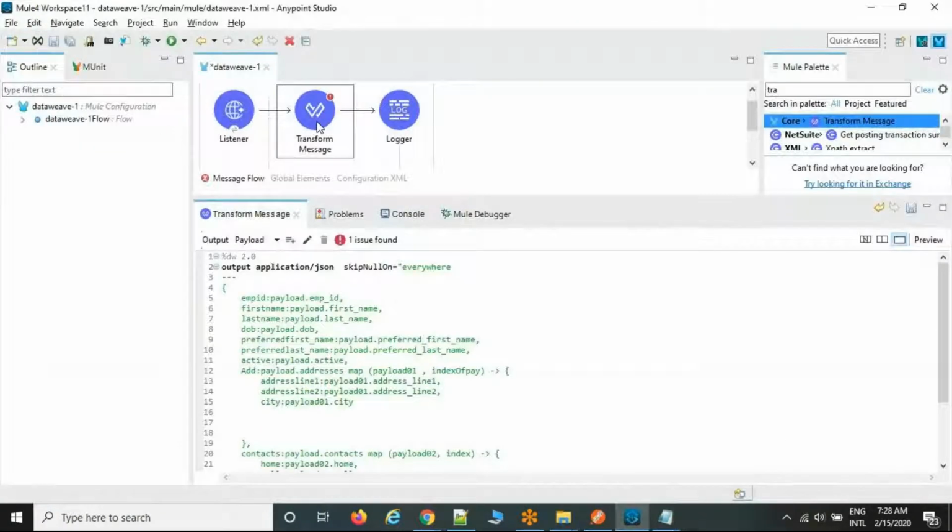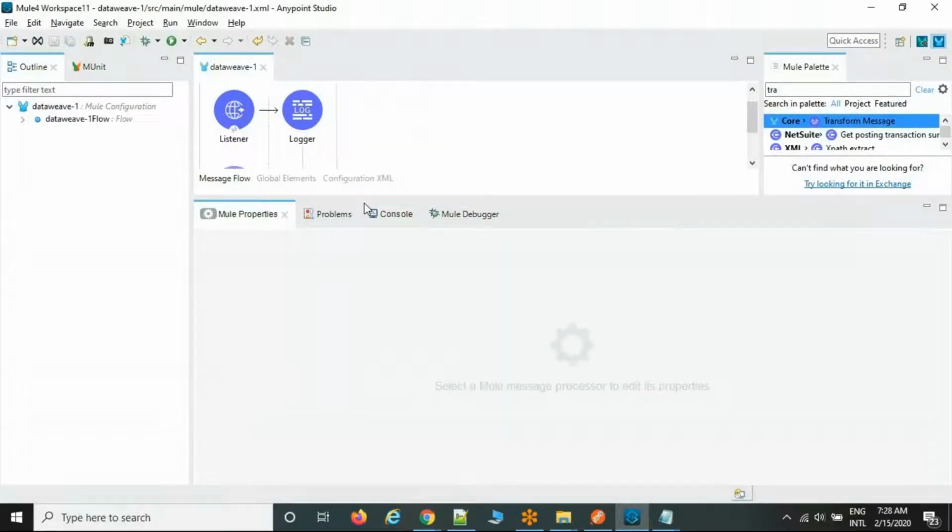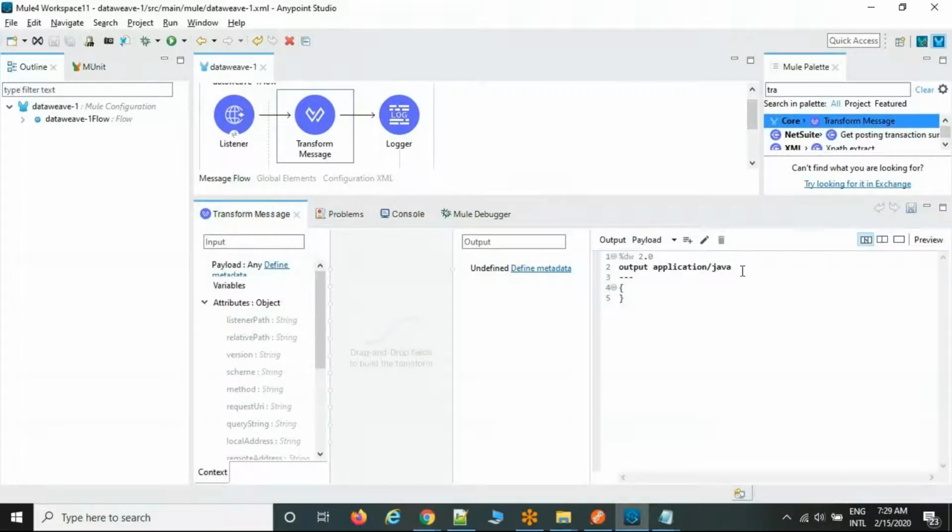Now the same way, I'm going to write the DataWeave code here. First, take one more Transform Message and drag this one. Now what is the requirement? The input file is JSON, and I'm expecting the target system to be an XML file. In real time, the customer will share the input and output files. Don't worry about that. After the customer shares them, you can create the metadata, and then you can simply drag and drop also. But now we are going to write the DataWeave code manually.